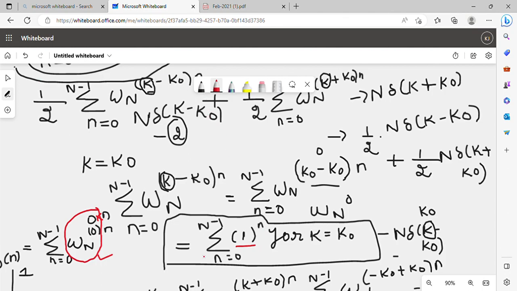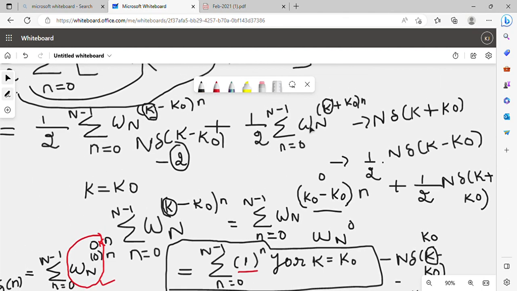Fine. Then for this particular one you are going to substitute k is equal to,